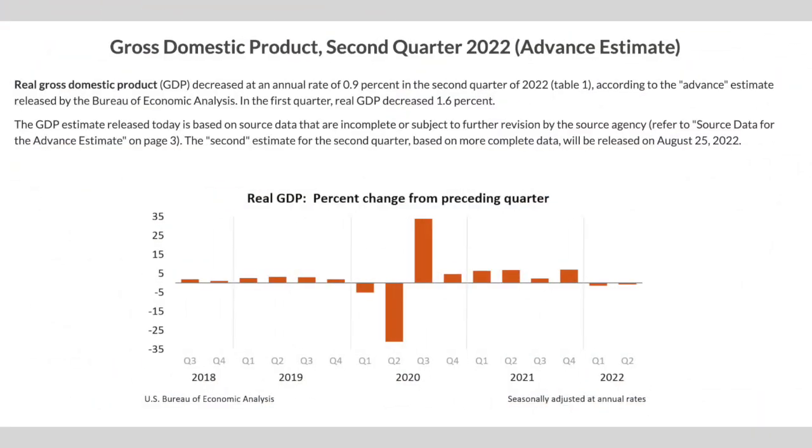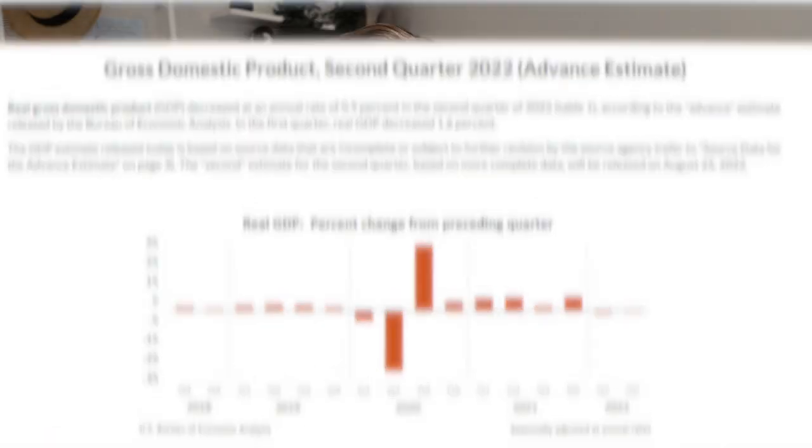The reason why there are those following 2 occurrences where they refine that figure is just due to not being able to collate all of the data at the same time for that advanced estimate. So even whilst there are small deviations in those second and third estimates at times, it doesn't usually impact whether it's negative or positive. Of course, the reason we know that recession is here is because the advanced estimate for Q2 has just been provided today. So yes, whilst there are still 2 further revisions to go for Q2, the reality is that there's not going to be that much change in this figure, and this was the one that everybody was waiting for.